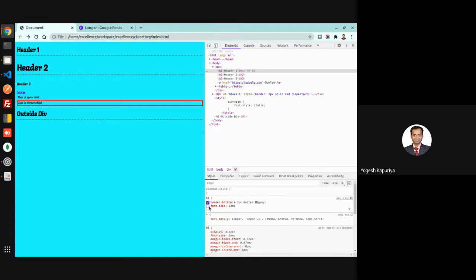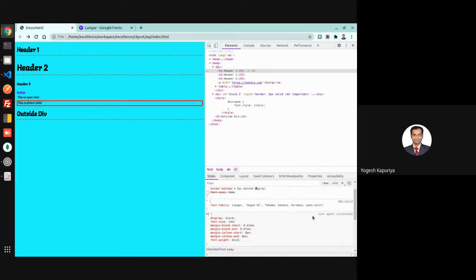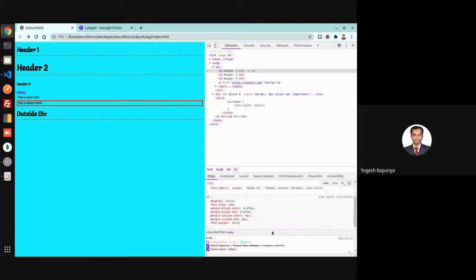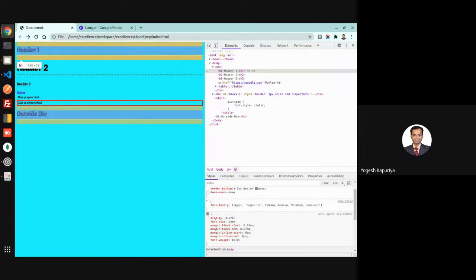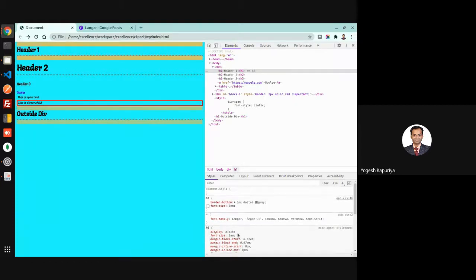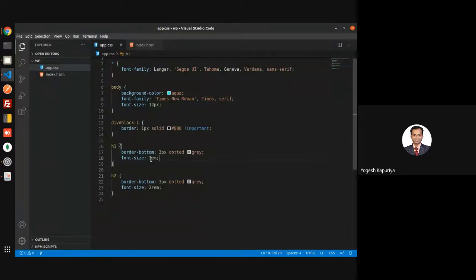This is my user agent style sheet, meaning the browser default style sheet. H1 has its own font size defined, like the font size of H1 is 2EM. Whenever you write something like this, this EM is with respect to the relative size of a font. So if this is 12 pixel and I write 3EM, it's multiplied by 3, so it is equal to 36 pixel.